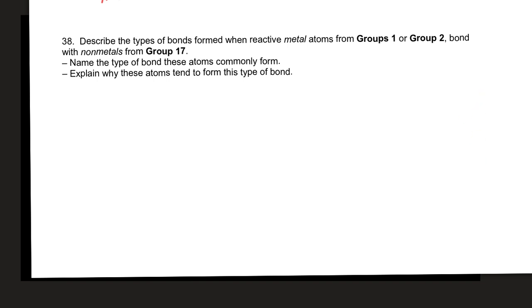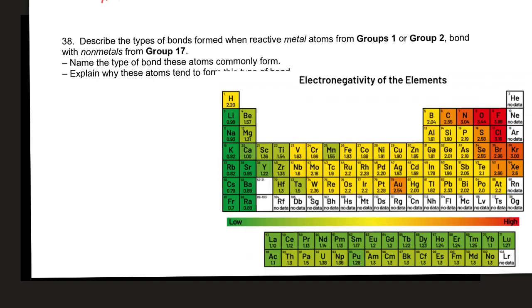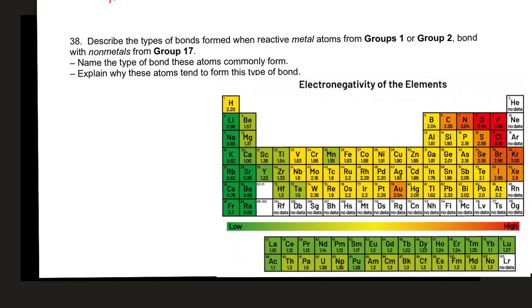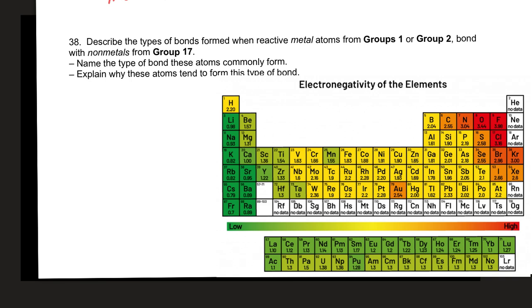Instead of writing them on the side, let me just bring the table up and then you'll get to see what I'm talking about. All right, so here are the elements. And let me move this down a little bit so you can see the actual question. Here are the types of bonds that are going to be formed when group 1 elements. So here we got these group 1 elements. Take a look at the numbers. They're really low. 0.98 for lithium, 0.82 for rubidium, 0.7 for francium,